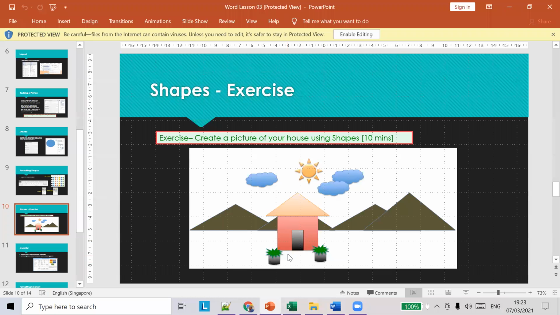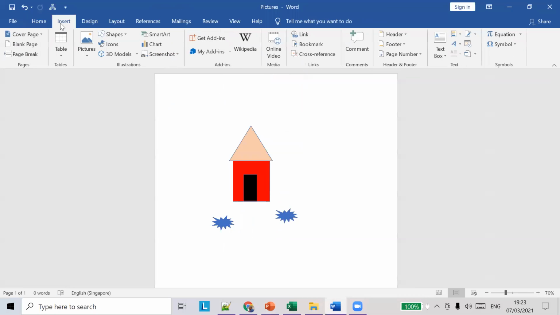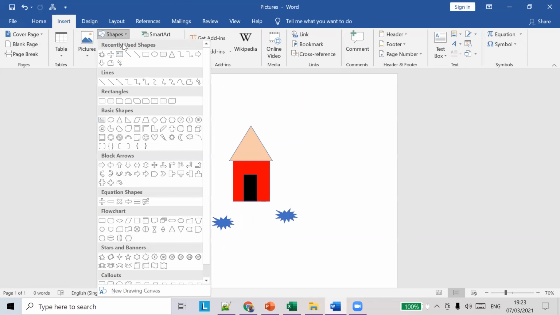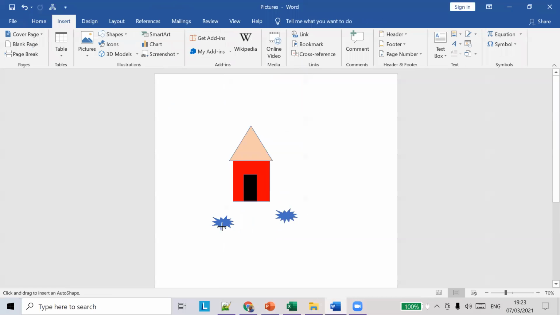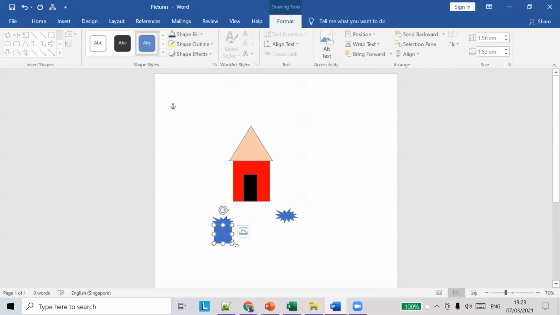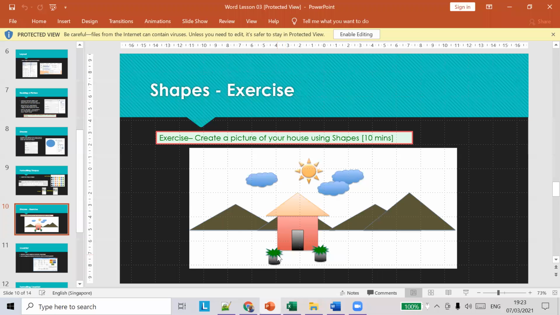Okay, so we'll have two bushes. And so now the pot we have to draw. So the pot again we have to use insert shapes, rectangle. Okay, so I'll draw the rectangle here and I'll change the color to black. Okay, so now you can see, right, the pot is at the back and the green color is at the